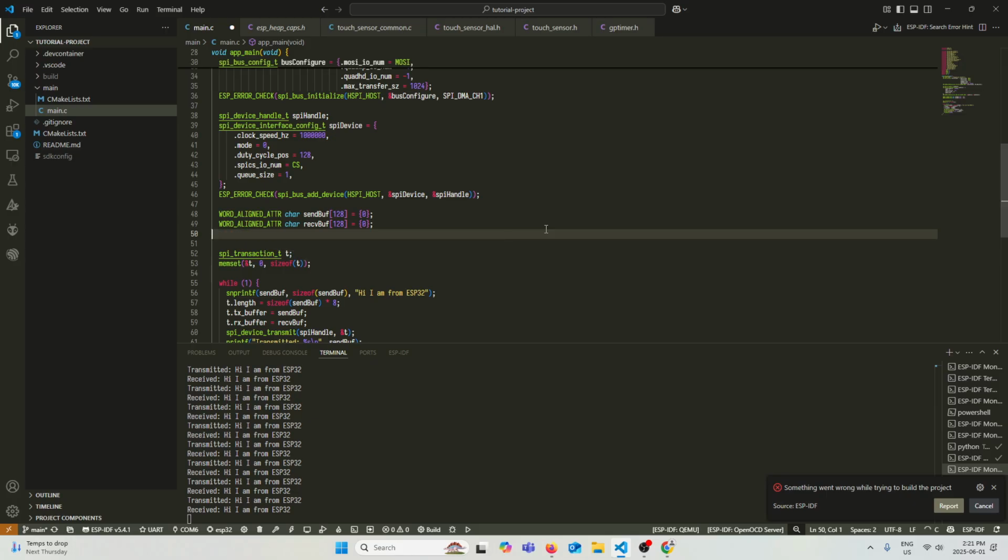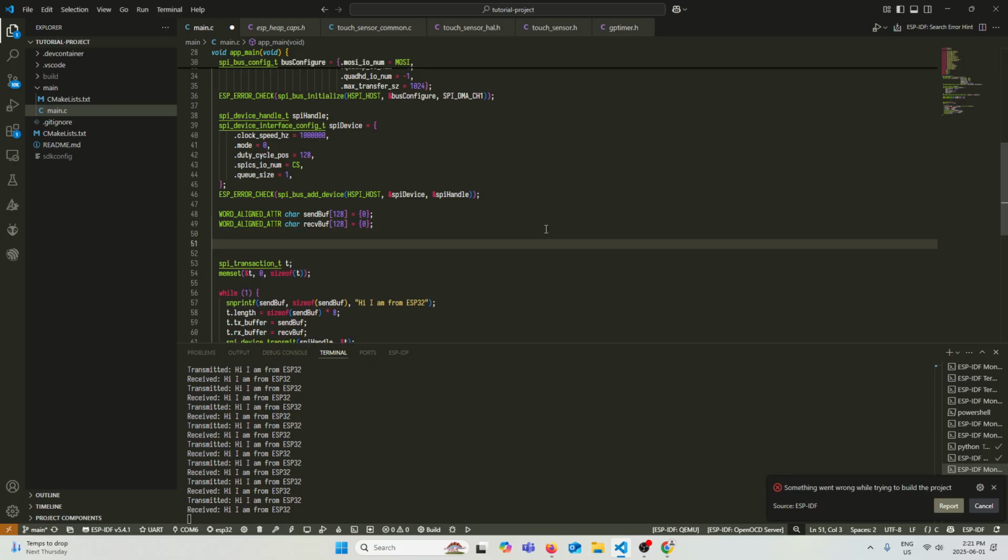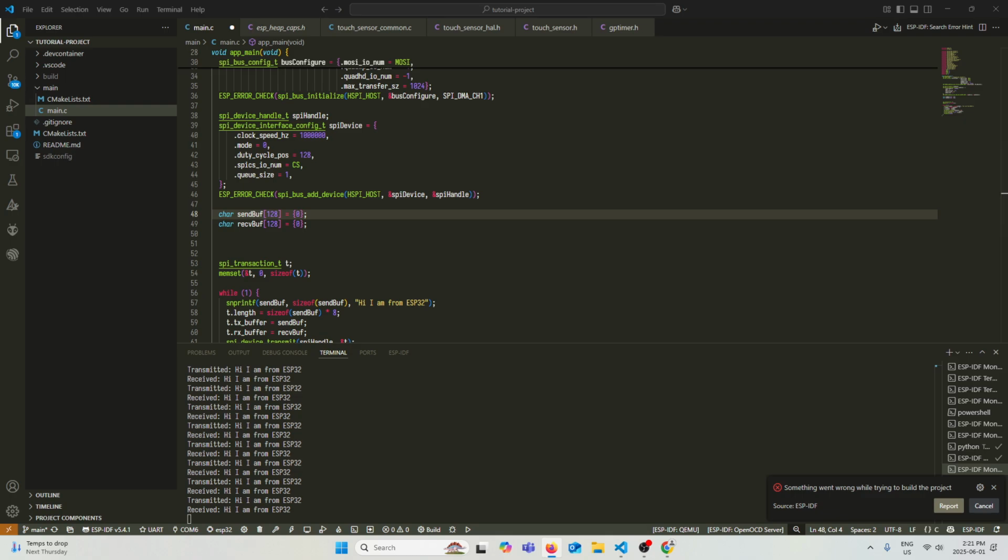So this is safe if you want to use it on the stack, but it's not as flexible, whereas using dynamic memory is more flexible than just using stack memory, to which you could just do